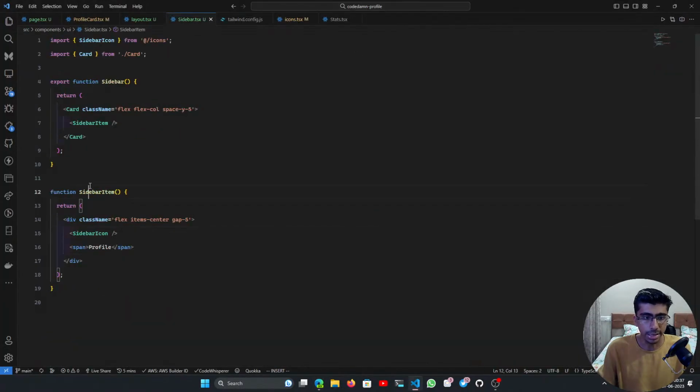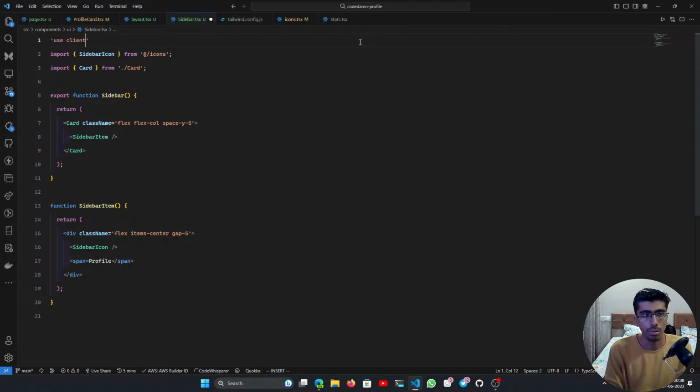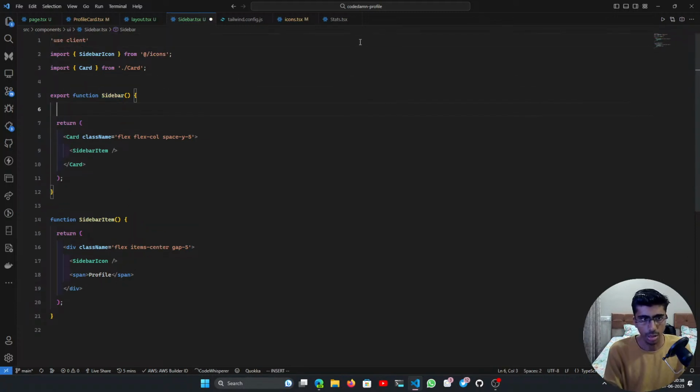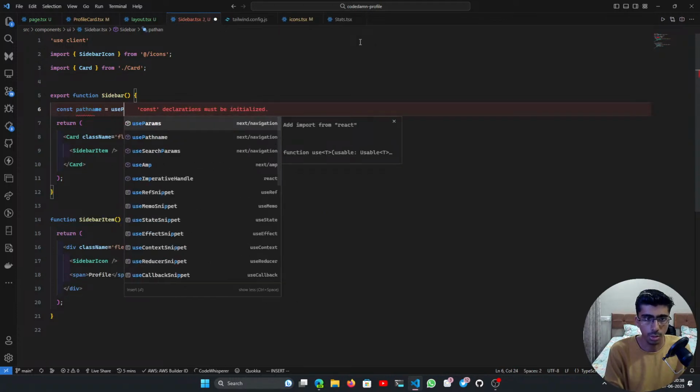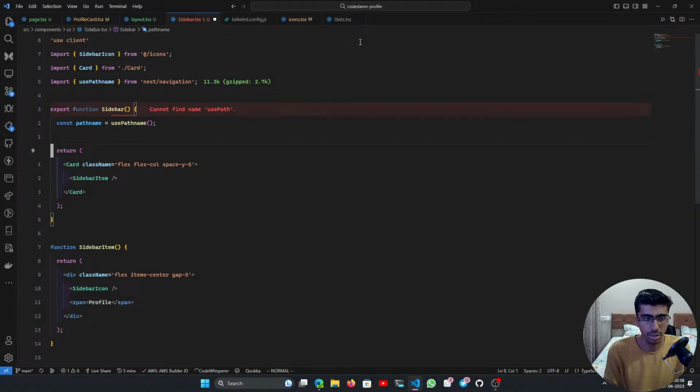It's gray light. Now how do we check if it's active or inactive? That's something. Okay, so in that case we'll have to make it a client component, and so we could just get the pathname from usePathname from next navigation, and